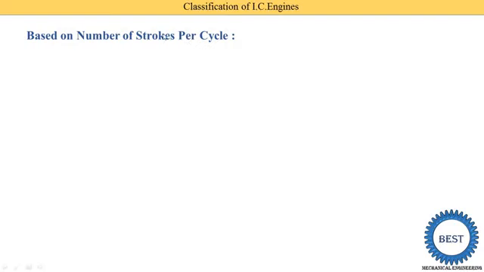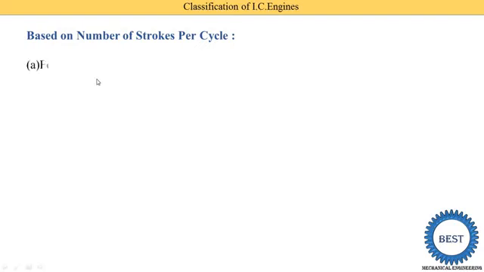So what is a stroke? Stroke is one terminology of the IC engine. And if you want to know the various terminology of the IC engine, then you can visit the video from the top right of your mobile screen. There is an i symbol here. Stroke is the distance traveled by the piston from TDC to BDC. It is known as the stroke.